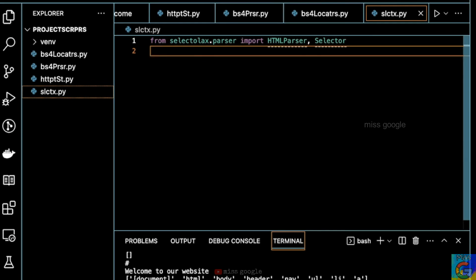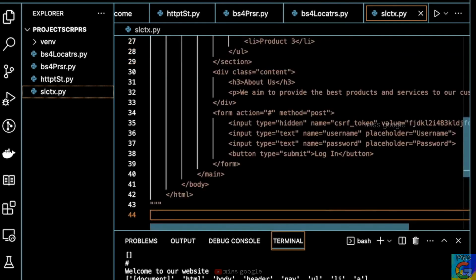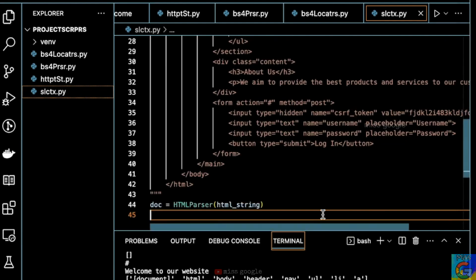We also have the selector, which again also gives you an instance of the HTML document. So we'll create a dummy HTML document, as we can see, and we'll place our HTML parser instance, or our HTML element instance,